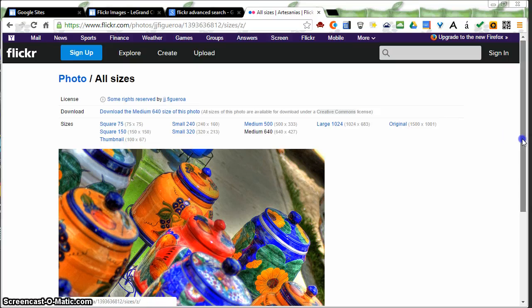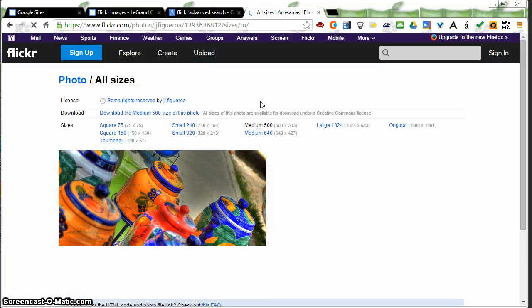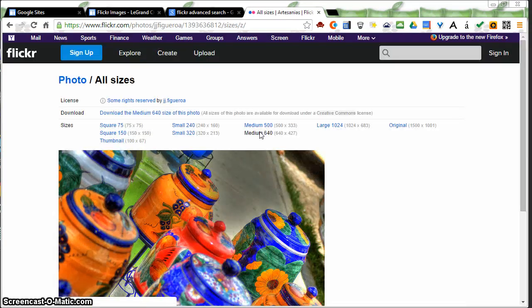You know what? I think that this is a pretty good size. There's one even a little smaller than that, which is also a good size, but I think I'll stick with this one. Okay, so I'm ready to download this photograph, this size. And again, if I needed to know about the rights reserved or anything, there they are. So right here under download, I'm going to download the medium file. So I'm going to click there,